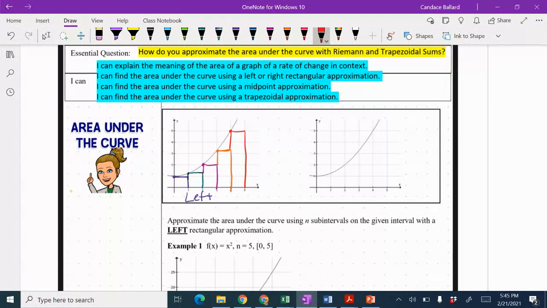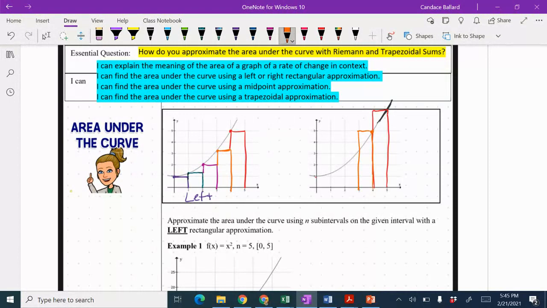Let's try this from the right side now. So this time instead of starting from the heights from the left side, I'm going to start from the right side. So I'm kind of missing part of my curve here if I'm going to do this for 5. So if I start from 5, I'm going to trace all the way up until I hit the curve. Then I'm going to go one segment over. And then I'm going to go on my 4 all the way until I hit the curve and draw it